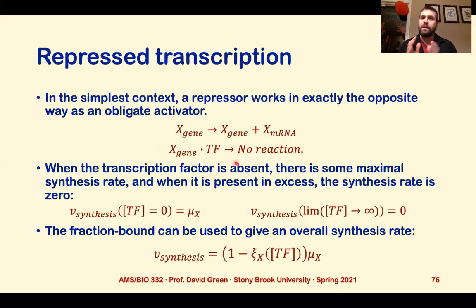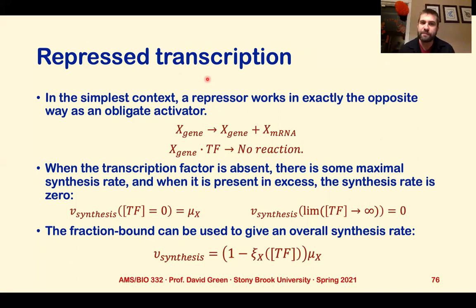Okay, so we've come up now with a model for obligate activation of a gene using the Hill coefficient, the idea of a fraction bound. With this framework, we're actually in a place to much more easily come up with a model for repression. Again, repression comes in many different flavors. In some cases, it simply reduces the rate of the reaction and doesn't take it all the way down to 0. In some cases, it can completely block